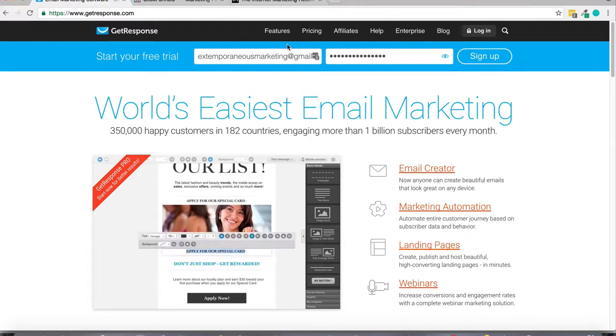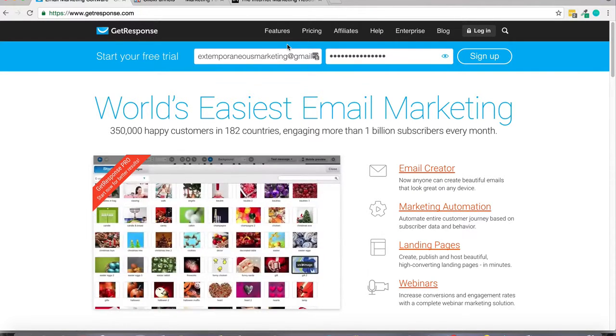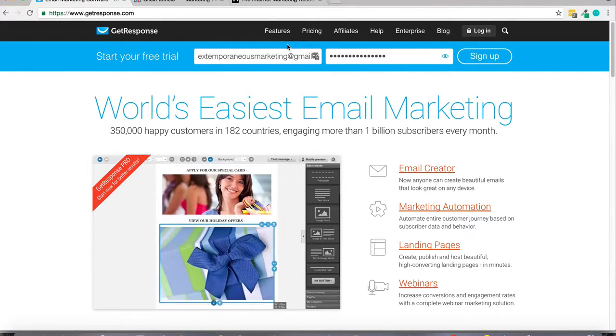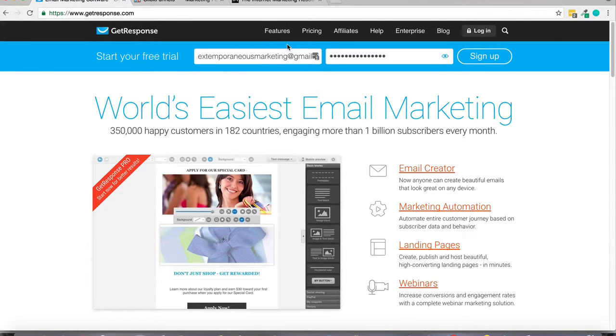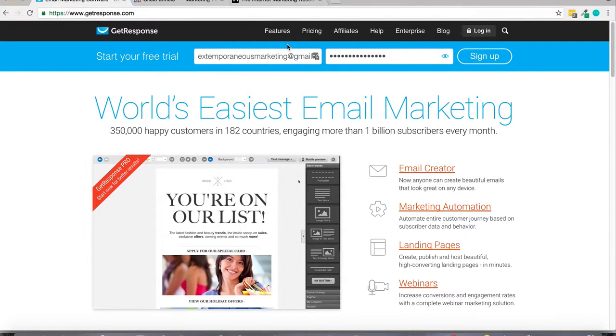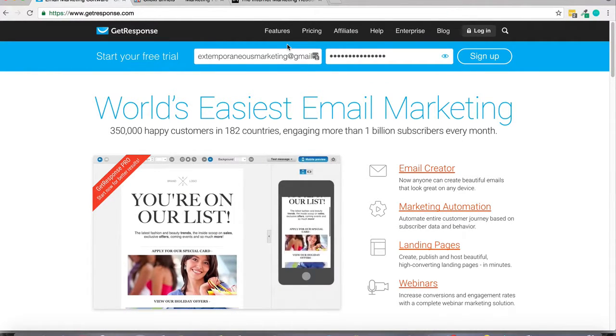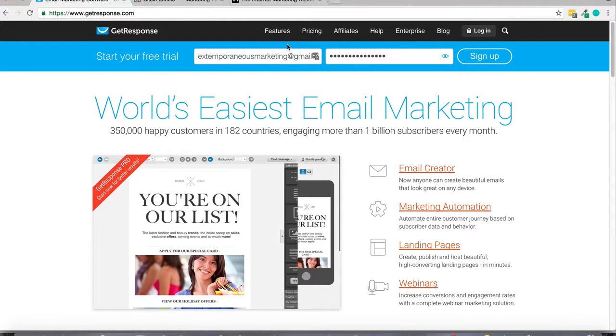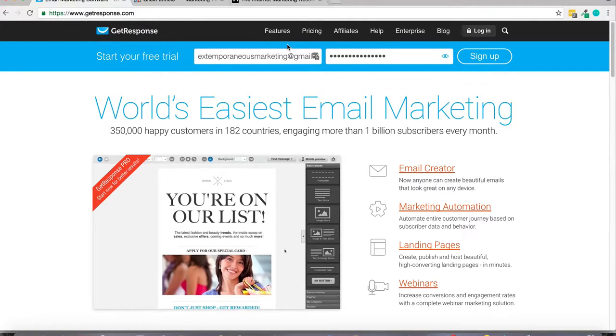And having a massive email list that you can tap into and message and communicate with at the click of a button is really the only way to create that sort of leverage. And no other platform allows you to do that. No other business model allows you to do that, because you're basically creating your own audience.